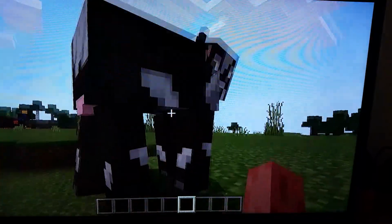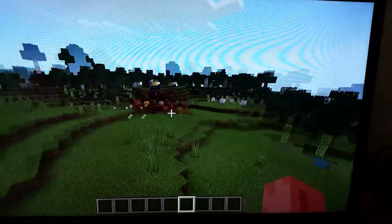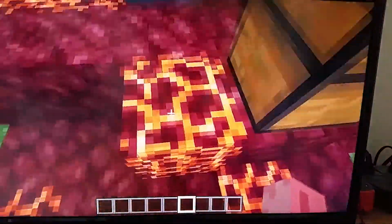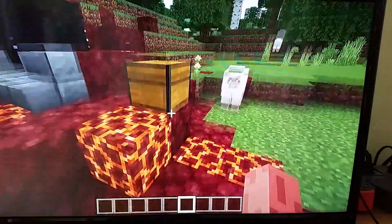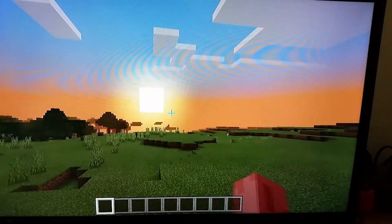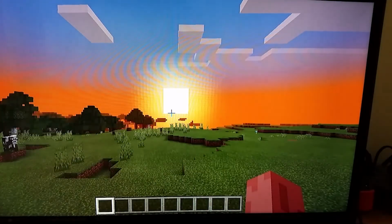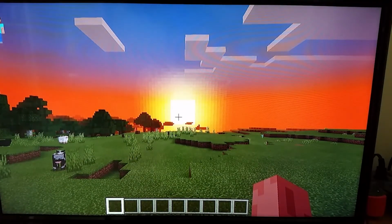Why are there 2 cows in the same spot? Get away. Yeah. So, yeah. Looks like some stuff spawned on the netherrack and popped off. There's that. There was a tiny bit of lag there that you might have seen, but oh, I picked up a flower. So yeah, as I watched the sunset as Steve, because I didn't log in with my account. Oh, and I bumped the tripod. As I watched the sun go down, to conclude,